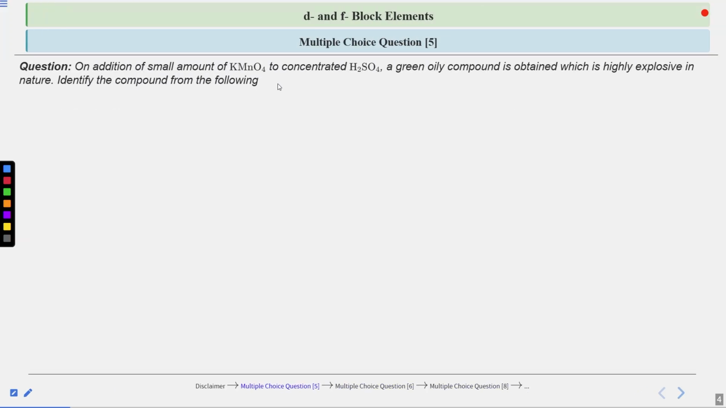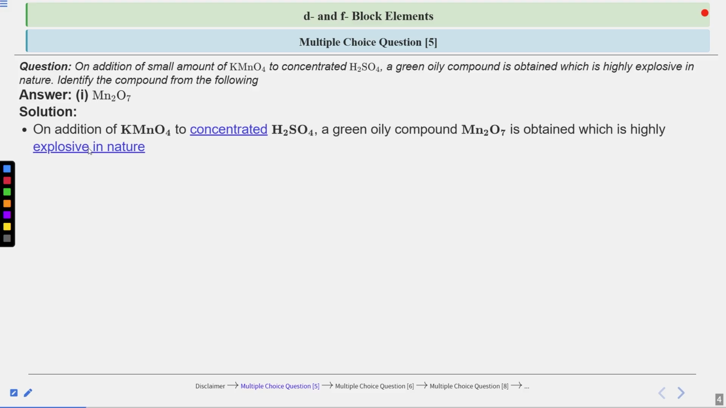For this given question, the correct answer is option first, that is the manganese oxide, Mn2O7. When you add a small amount of KMnO4 to concentrated sulfuric acid, a green colored oily compound, that is Mn2O7, is obtained, which is highly explosive in nature. This oxide of manganese with the formula Mn2O7 is highly explosive, and it is obtained when you add KMnO4 into concentrated sulfuric acid. It has a green oily texture,